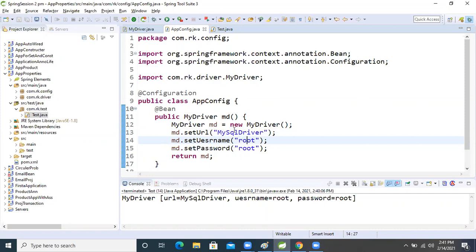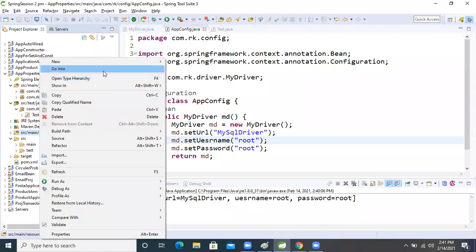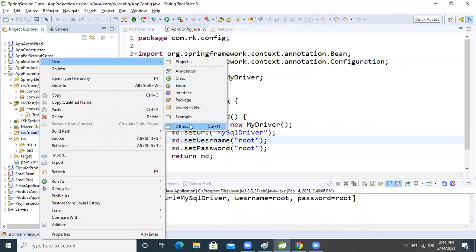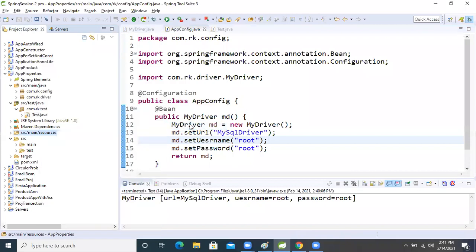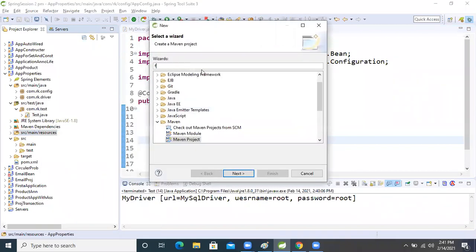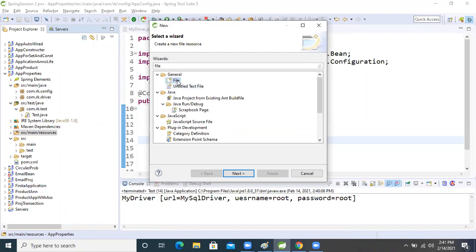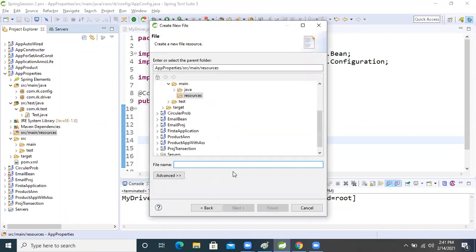So if the project is there in the building, then the problem is there. So what we will do now, the architect people will analyze that data and write it in the property file, and from the property file they will read it, right? So let's write it. We will select a file here.